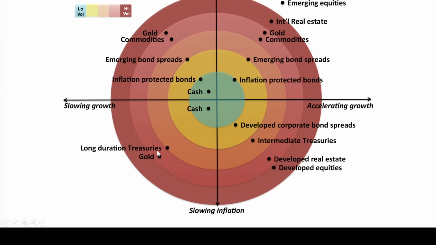That is where you want long duration treasuries and gold, basically piled into those. Based off of knowing what assets are in here, you can kind of tell and gauge where you are in the cycle based off of the performance of these assets. Now, I'm sure someone's going to say, where do you think we are located? I think that we are located somewhere in this area over here, one of these areas here. We're not down here, at least not yet.